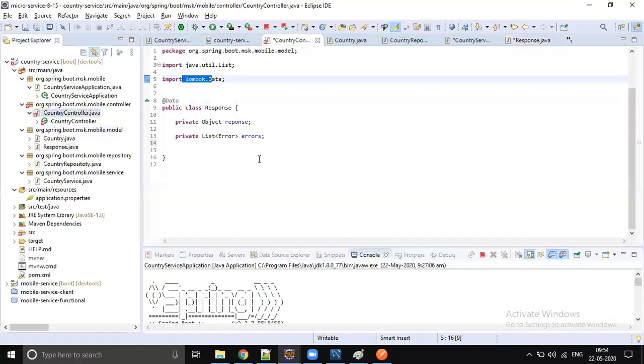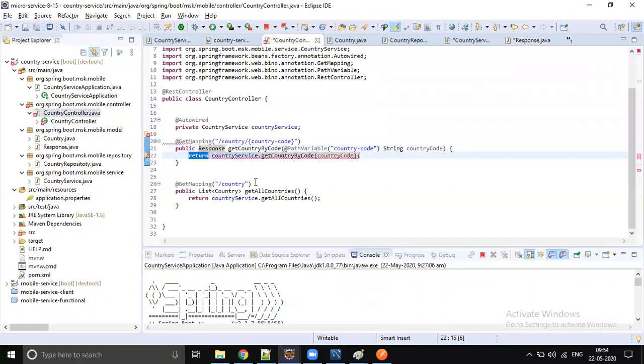Now let's go to the controller. Instead of returning the raw object, we should set this in the response.